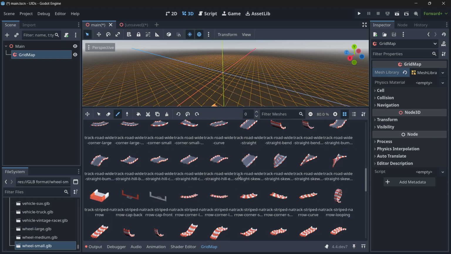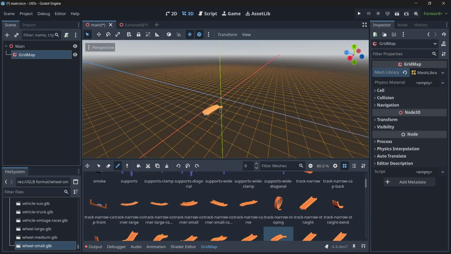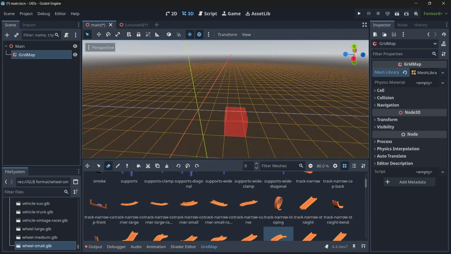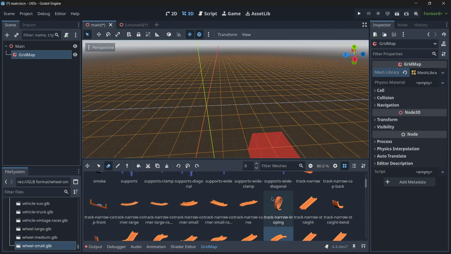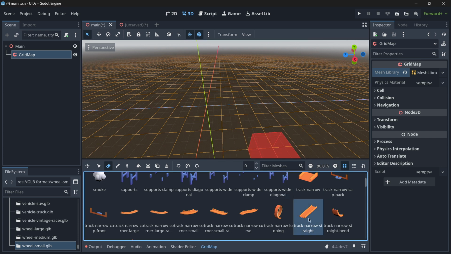So whenever you're using these kinds of things, you first have to understand how this asset pack works, because sometimes you may want to connect, for example, two pieces that, even though your grid map is set up correctly, you won't be able to connect them just because the way in which they are set up is not meant to be connected, maybe this piece with this other one. Because of the slope that this one has, maybe it can't mathematically connect with the other one, as I have shown before. So that's the reason I have to take into account, because sometimes we can say, oh no, this grid map doesn't work correctly or whatever, but no, it is because the asset pack is not meant to be connected that way. So first of all, I will select here, for example, this one that is completely straight,